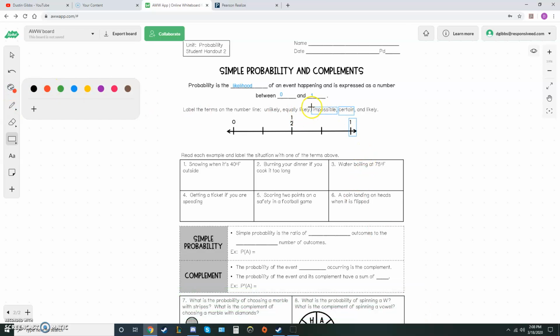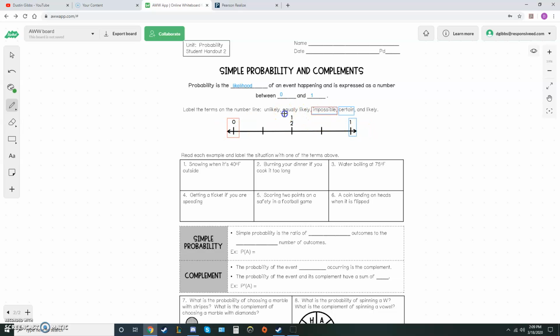If it is impossible, I'll go ahead and do this in the opposite color. If it's impossible, there's no way it can happen, then the probability of it happening is a 0. And that's basically how it works for the rest of it, okay? So basically, if a certain is all the way to the right and impossible is all the way to the